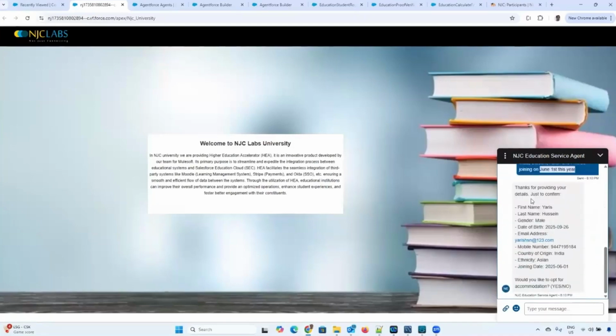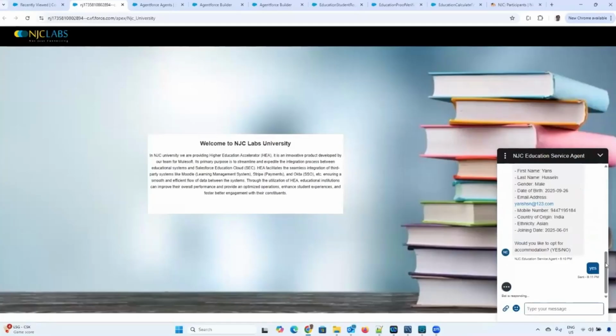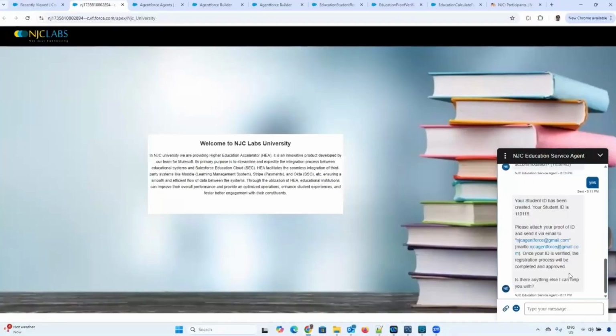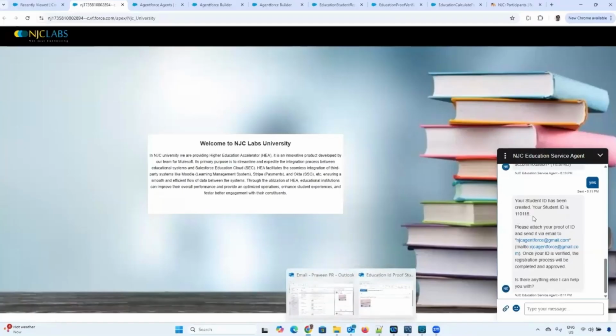And it is confirming, okay, is this the information that we are passing? Yes. And then it asks for the accommodation. Let me type yes for that as well. So this will create a student ID. Yeah, so we have created a student ID, and then it is asking to send the passport to this email ID. So let me send this email ID, this email